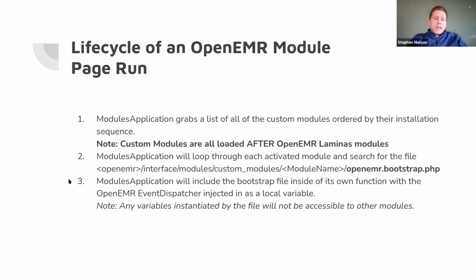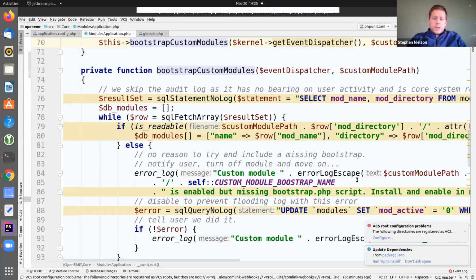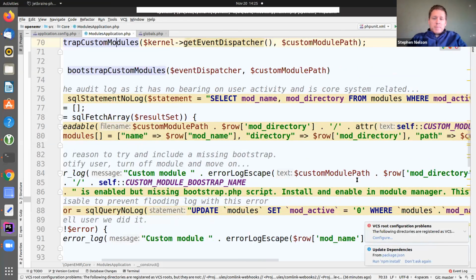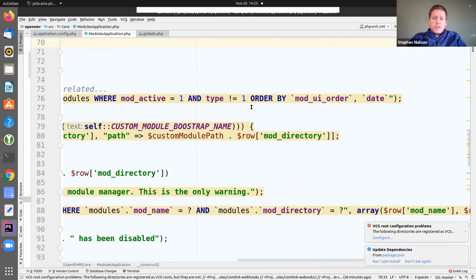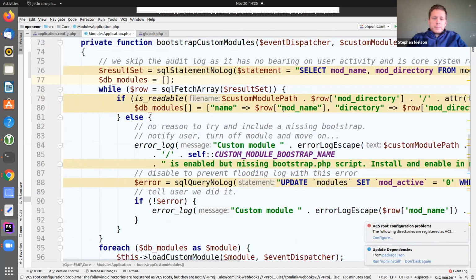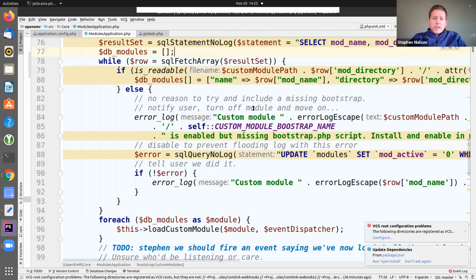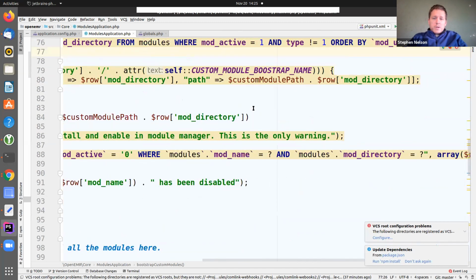The module application is going to loop through each activated module, and it's going to search for a very specific file, this openemr.bootstrap.php file. We can see that here. It's going to grab all the modules that aren't a Zen module, ordered by the installation and the date. And then it's going to look for this custom module name, openemr.bootstrap.php.